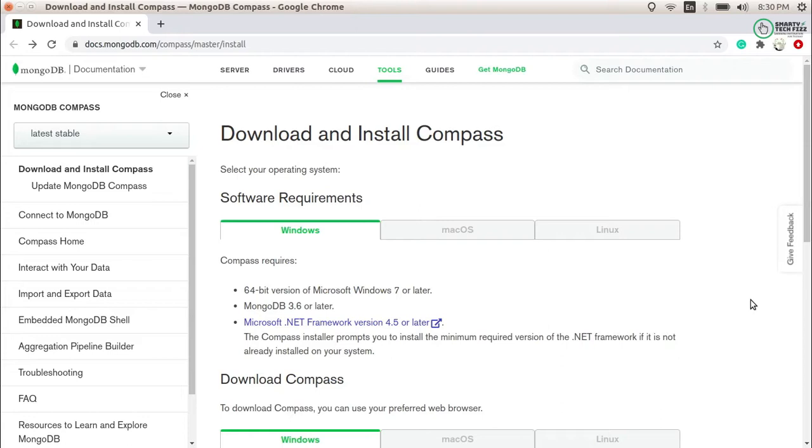So today we will see about MongoDB Compass. That is a tool which we use for connecting to MongoDB. However, most of the time I only use Robo 3T or Studio 3T, but some of my viewers are using this, so I thought that I should make a video on it. So today we will see only MongoDB Compass.